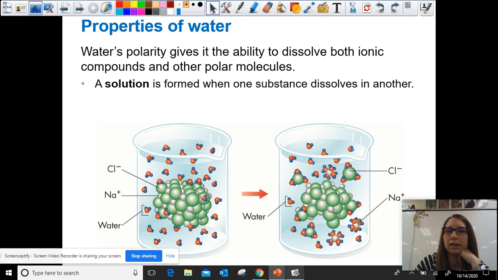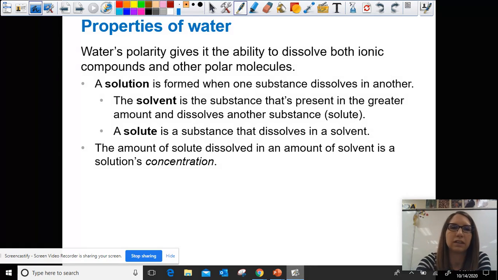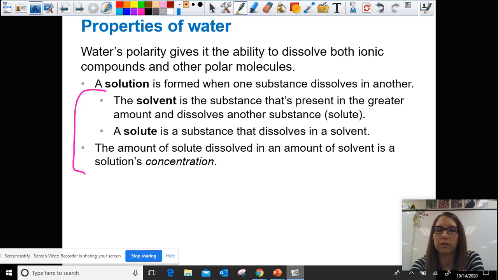When we look at formation of solutions, we can also define some other terms, which would be solvent and solute. So notice the only thing that I've done on this slide is I've just added these 3 items. If you got the first 2 with the last slide, you do not need to rewrite those here. So a solvent is what we're going to be using to dissolve a solute. All right, so solvent by definition is something that we have more of. It's present in the greater amount, and its primary job is going to be to actually dissolve the solute and